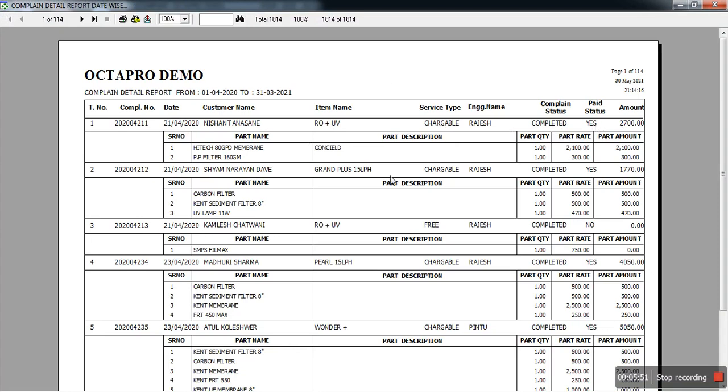Every kind of information you will get. Plus if any parts were replaced, you will also get the parts detail. This way you will get all the reports and customer tracking history, so that your customer will also know that you track their service history.